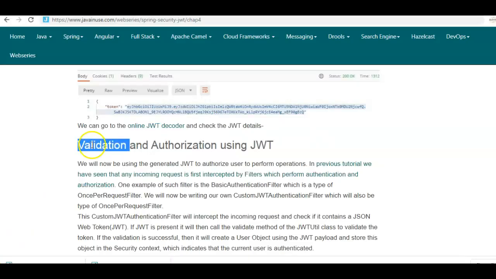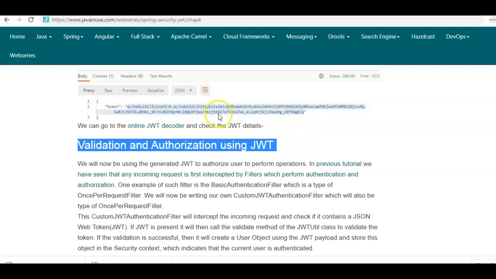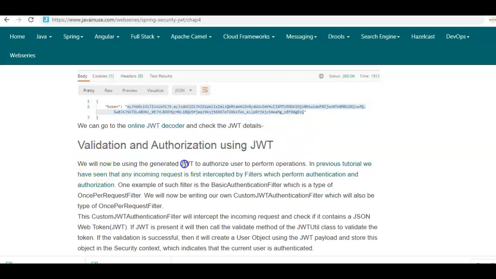We'll now be looking at validation and authorization using JWT. So we'll now be using the generated JSON Web Token to authorize the user to perform operations. Instead of passing the username and password, the user will now send this generated JSON web token that he has got previously, and based on this JSON web token the server will decide whether this JSON web token is valid or not, and if it is valid, whether the particular user